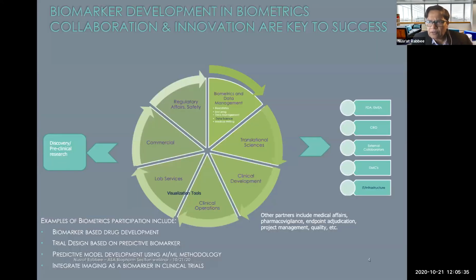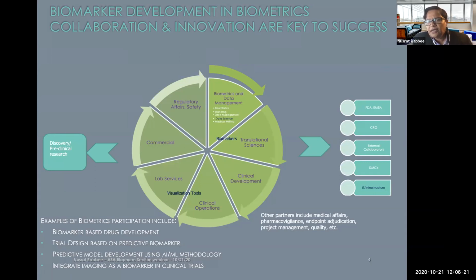This is a circle, or a wheel rather, that I came up with. And this wheel says that for the statistician working on biomarker analyses, it is a wheel of collaboration and innovation. So we have here the biometrics and data management group in a drug development environment. And the folks working here, which are people like us, I'm assuming most of us here in the audience, and I believe Rick mentioned there's more than 100 people signed up, are data scientists and biostatisticians,